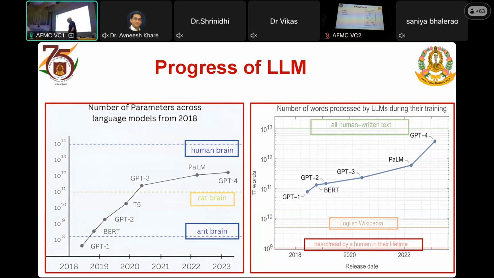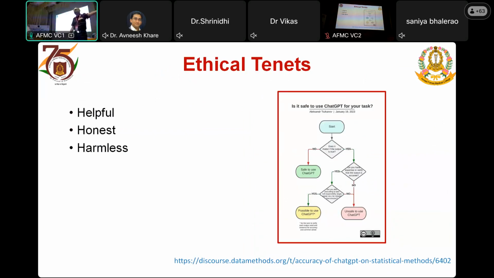So what is the ethical tenet? I think Dr. Sanyal is going to talk about it. I will not say. So the 3H: helpful, honest, harmless. So in that sense, when I was prompting it, it was helpful. Of course, it gave me some answers. It was honest, fine. It may not have been truthful, but it was honest in what it says. It said, कि यार मुझे पता नहीं है, ये मत पूछिए. And it was harmless. It never said that I am a balding, aging skirt chaser, right? Okay. So this is one algorithm.